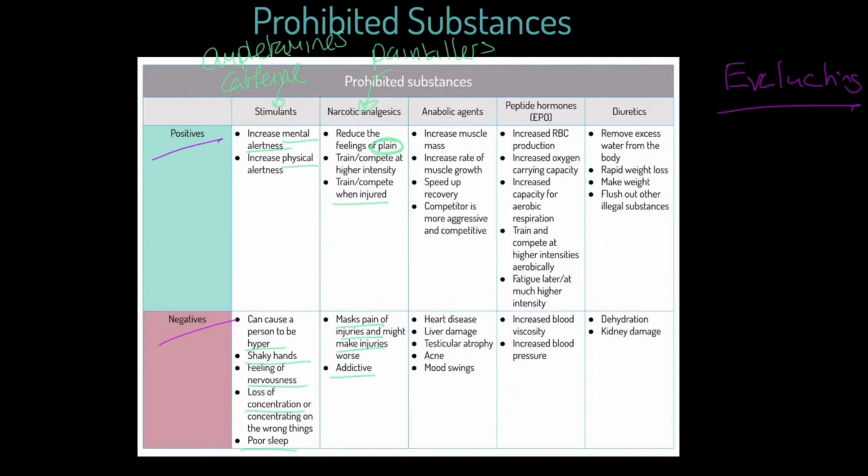Anabolic agents, obviously here we're talking about steroids, effectively testosterone. They increase muscle mass, increase muscle growth, they speed up recovery, which is a super important point, especially for injured people, and the competitor is more aggressive and competitive. So there's sort of like attitudinal changes. However, and can I just say as well,